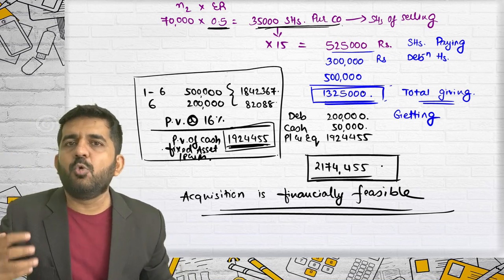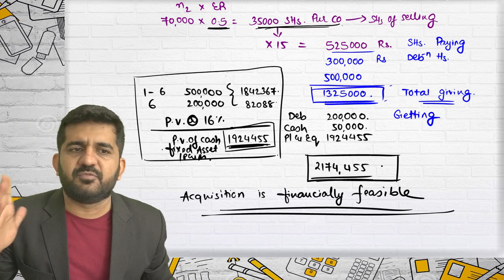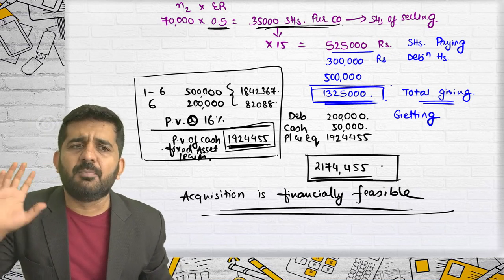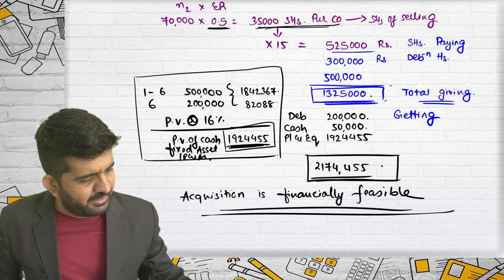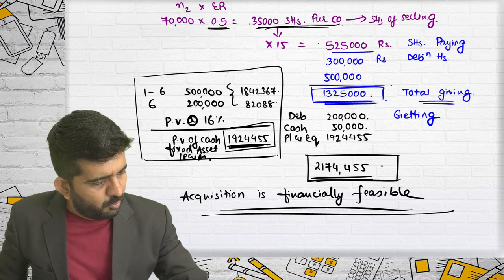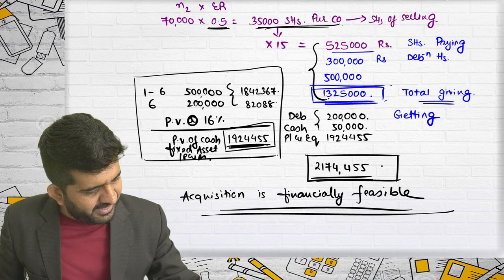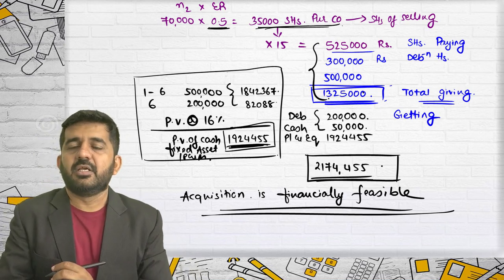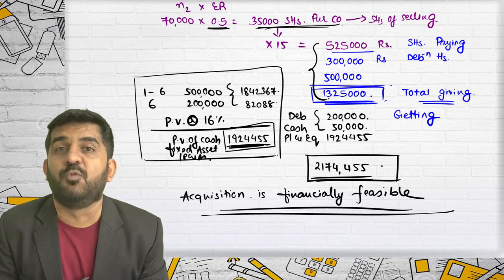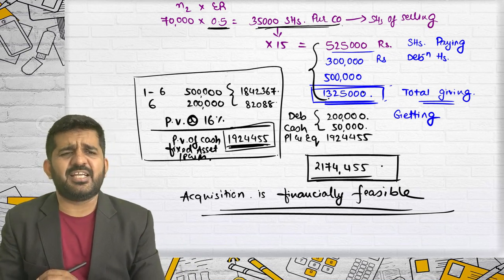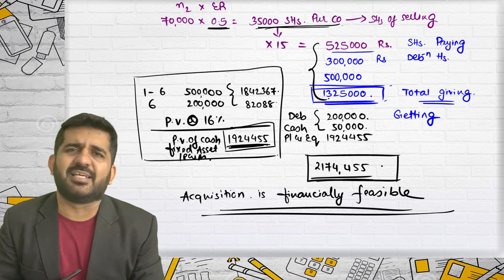Please understand how some students find out the answer from the book or a suggested solution. They have just mugged up this type of question. What they do is they find out net asset, that is what you are paying minus this. They say this is the present value of cash outflow. Is it the present value of cash outflow? The answer is yes, I can agree.